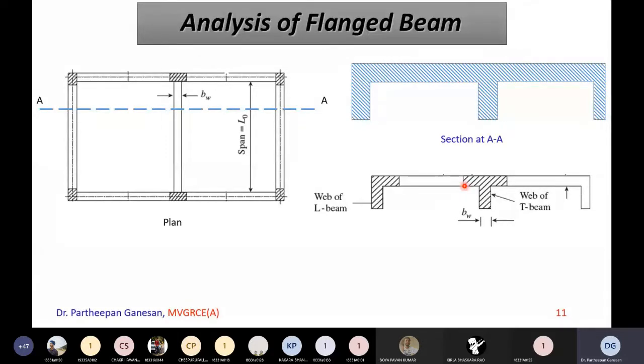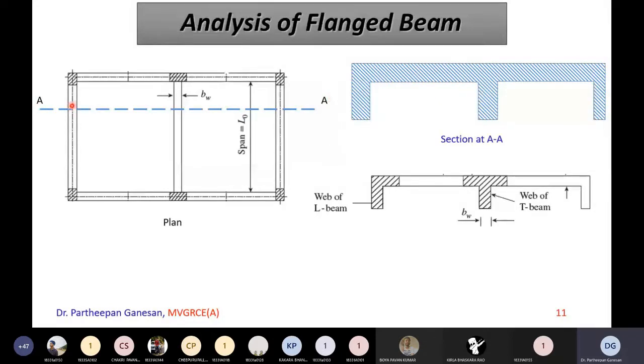So that is why this intermediate beam is called a T beam. This is a T beam, and the end beam is called an L beam. Okay, actually it is an inverted L, but you can say it is an L beam. Now this top one, this slab portion, is called the flange, and the bottom, this beam portion, is called the web or rib. Okay, so is there any doubt in this one? Because if you don't understand this, it will be difficult. And it's not a very difficult one. You already studied BPCD. Only you take a cross section in your slab.